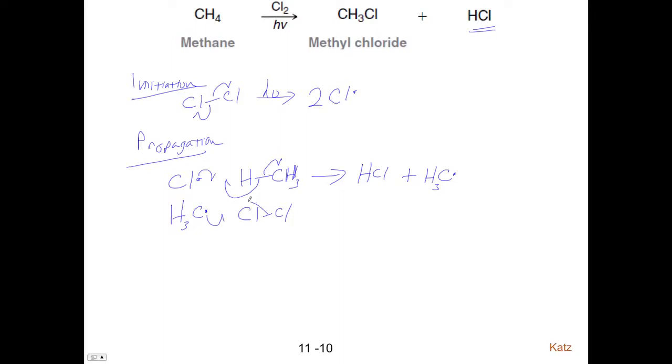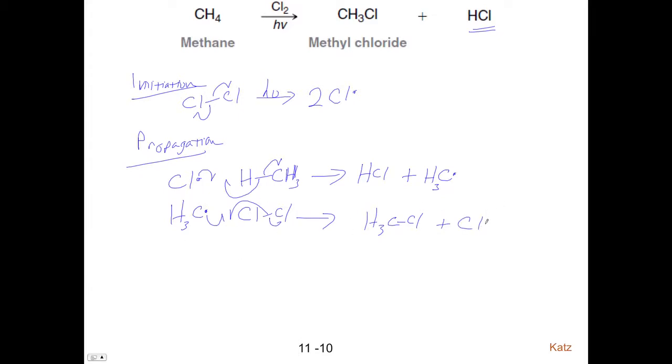Radical there, radical there. You start off with some radicals, you end off with some radicals. You're making some, so now you'll make some of your product, plus more